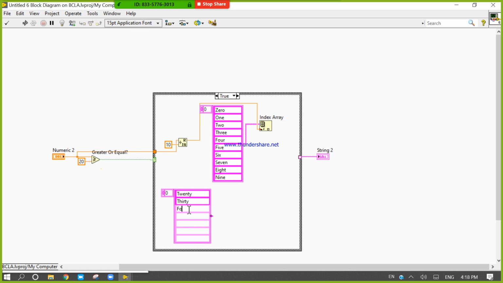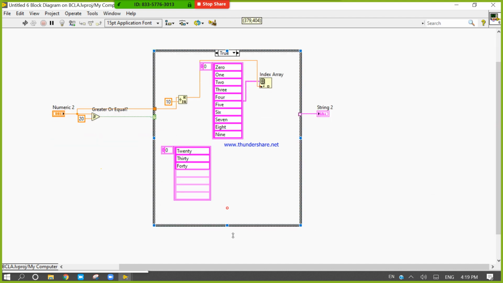If you cannot design this program, then you cannot design large projects, because it is very easy, no need to do anything. 50, sorry 40, okay. 50, 60, 70, 80, 90. Okay.